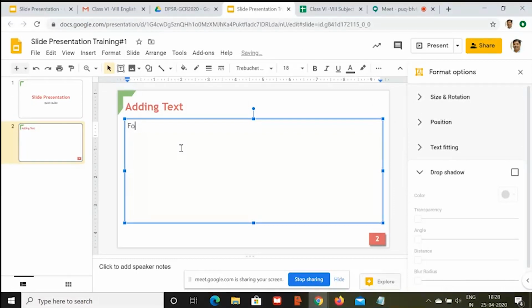font size, sorry, font style, font color. Then I have to decide whether I want to keep it right aligned, left aligned, so alignment of the text.